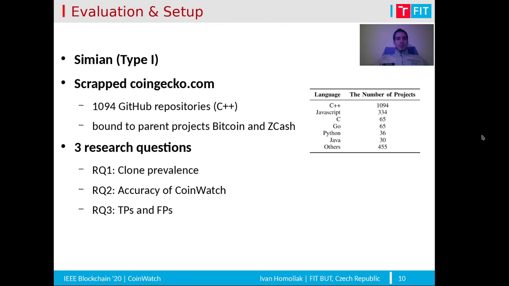So, we evaluated our approach using Simian, which is a type 1 clone detector. As an input set, we used CoinGecko.com, from which we parsed all C++ GitHub projects. As a result, we found 1094 GitHub repositories. On the right side, we see that there are also other projects written in programming languages other than C++, abundant